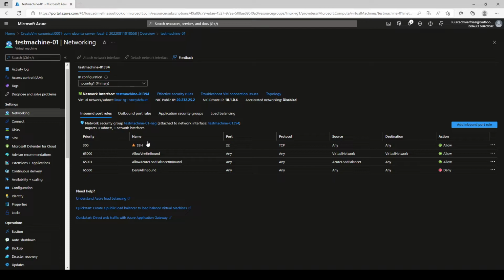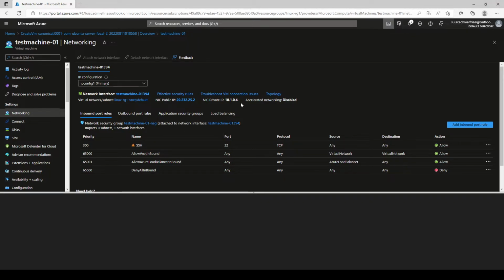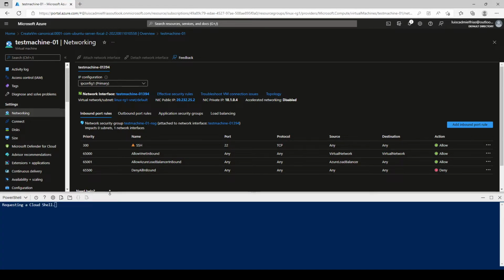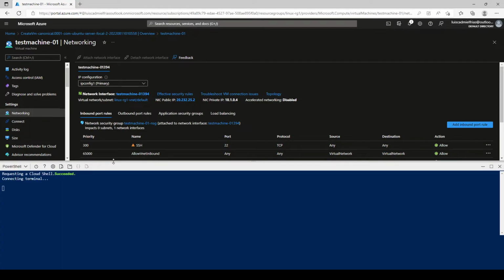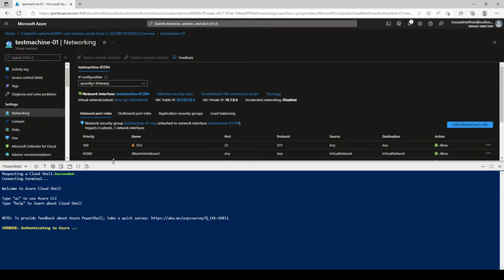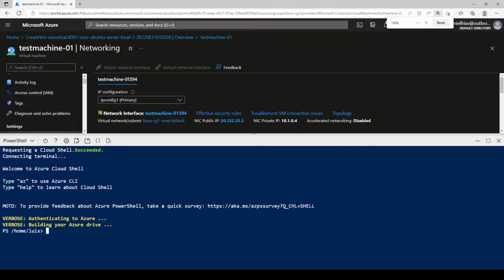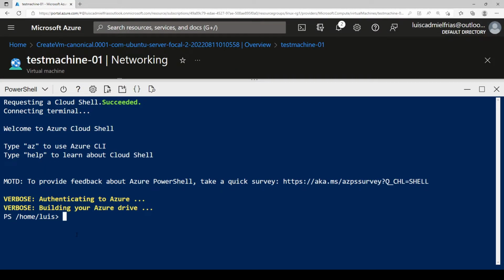So now let's go through our Cloud Shell. You can also do this through PowerShell with your Azure AD module, and you can do it through CMD with Azure CLI. But let's just do it through here since we're here already, and we're going to create another rule in our security group. Let me see if I can make it a little bit bigger so you can see.